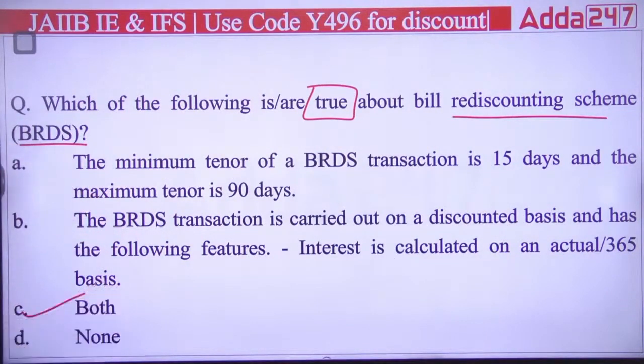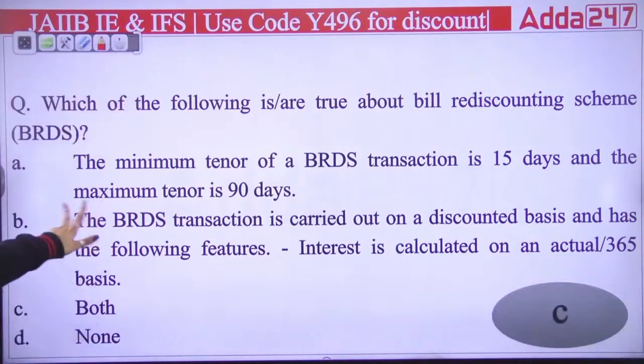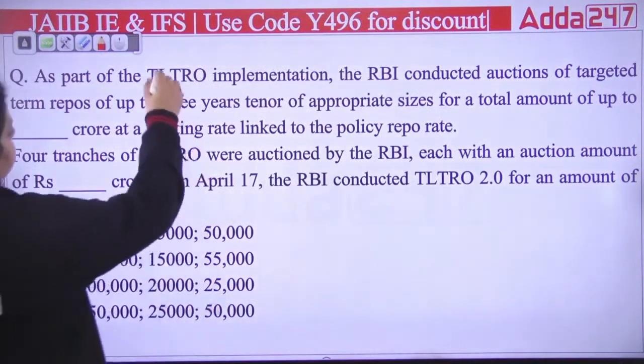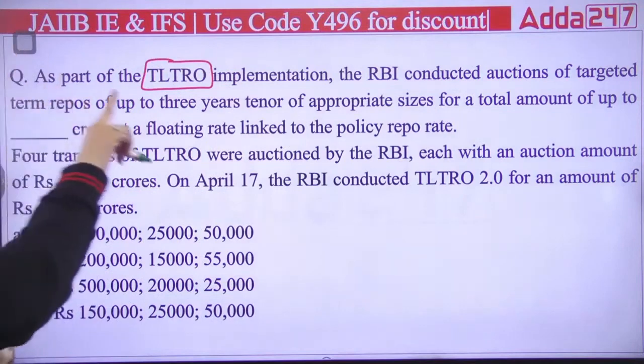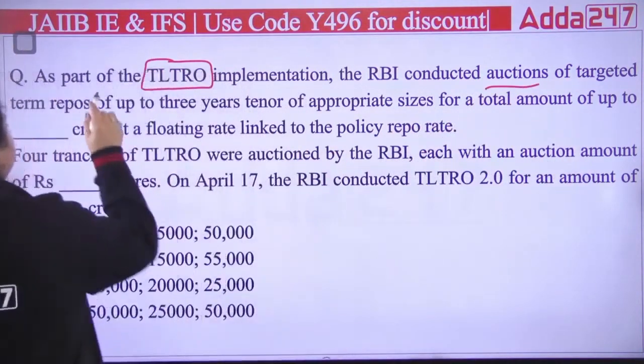Both the statements are correct when it comes to the BRDS scheme. Okay, both the statements are correct. So the right answer will be C. Clear? Next question. As part of TLTRO, targeted long-term repo operation implementation, RBI conducted auction of targeted term repos up